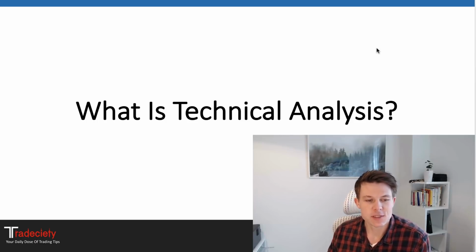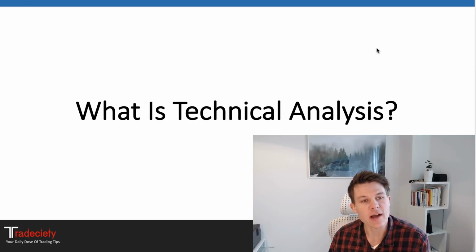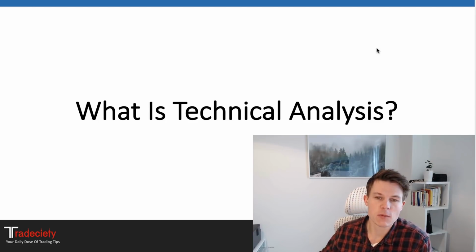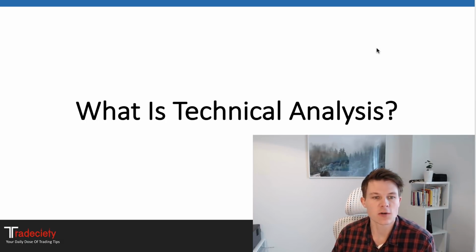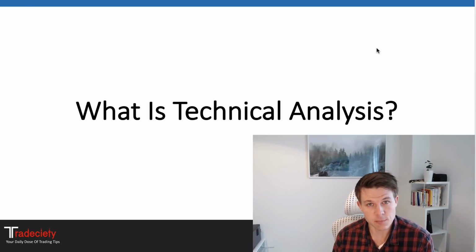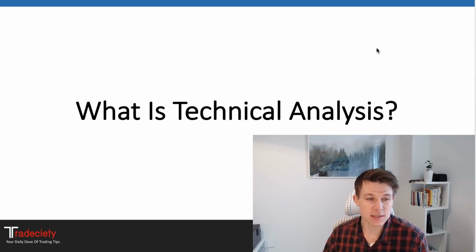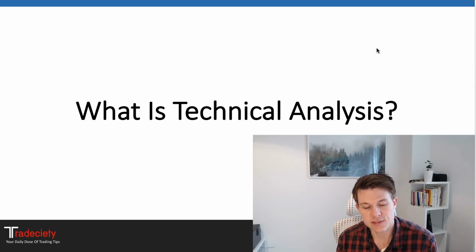This is a topic today which I wanted to cover for quite some time, and I really thought about how to tackle it because it describes one of the biggest problems many traders have. It's basically the whole approach, how they approach their trading from a technical perspective, when they talk about technical analysis. What traders believe technical analysis is is often very flawed and very wrong, which then leads to, of course, wrong assumptions, a wrong approach, and then bad, inconsistent trading.